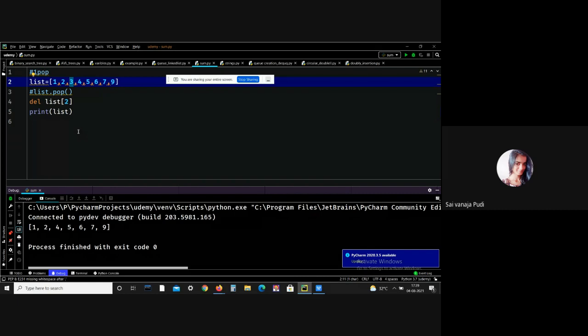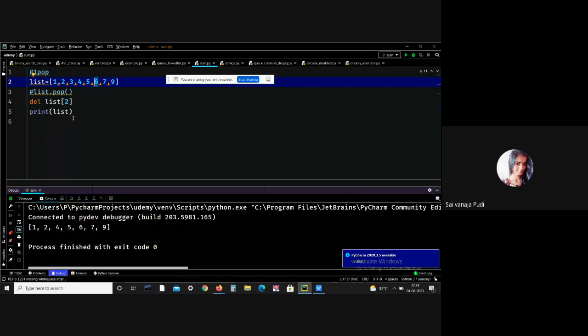The remove method is completely different from the pop method and delete method, because here we are just providing a value; we don't provide any index. If you see here, the list contains 1, 2, 3, up to 9 elements. If you want to delete that particular element 6, you can delete it directly.